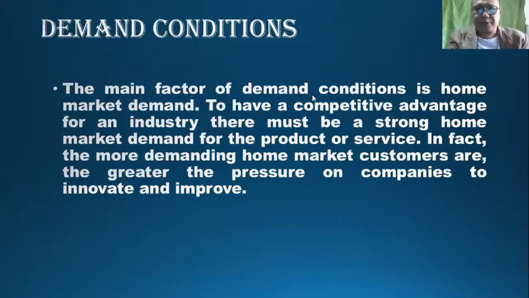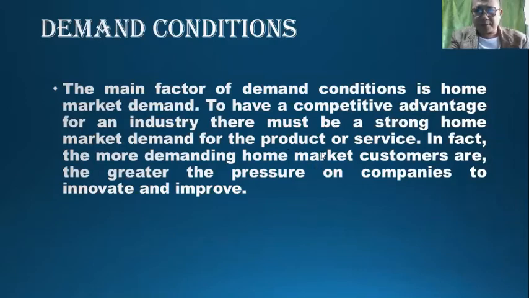So the demand condition is home market demand. So to have a competitive advantage for an industry, there must be a strong home market demand for the product or service. Like for example, for cars, if you look at Japan, they really patronize, they are very loyal to their